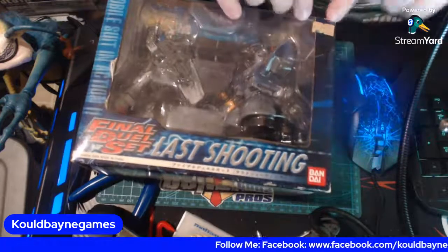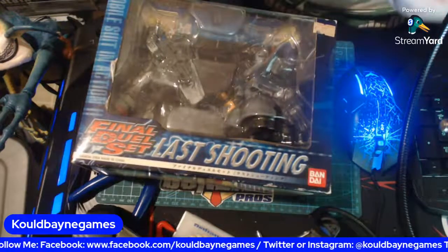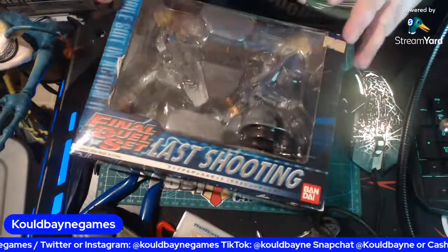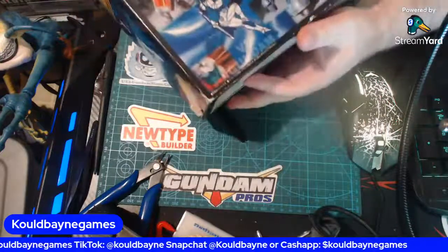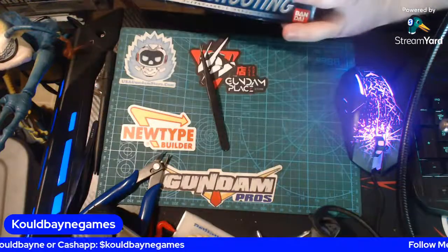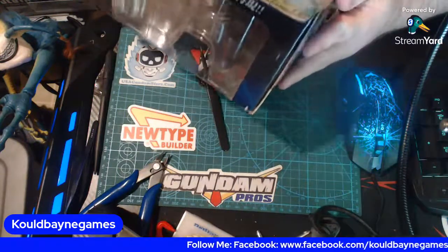This came from Japan. There's a sticker on here that tells me this was about 2,520 yen. She bought this for me at one of our local shops. She found this. The guy's got like 3 different figures there. It's really cool. It's all in Japanese, so I might learn how to read that eventually, but it's a really cool collection piece, and it comes with a core fighter. I would love to take it out and pose it, but